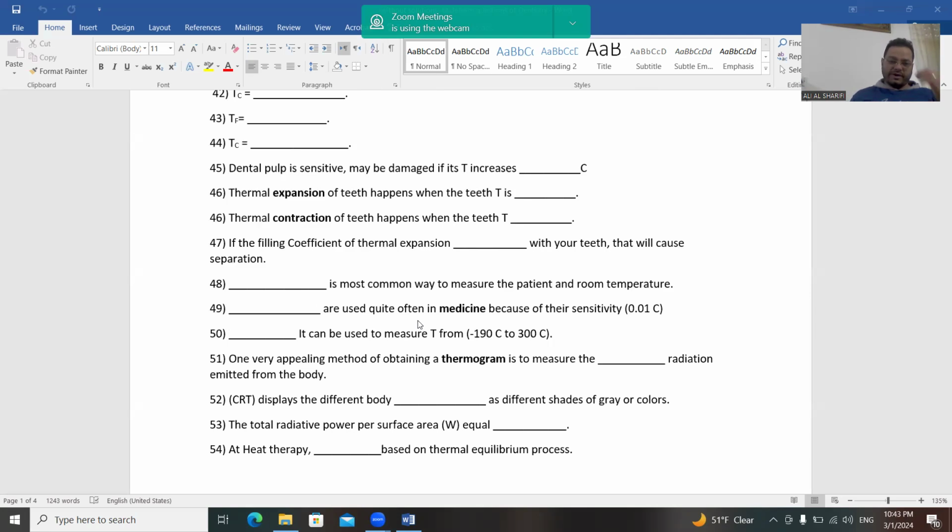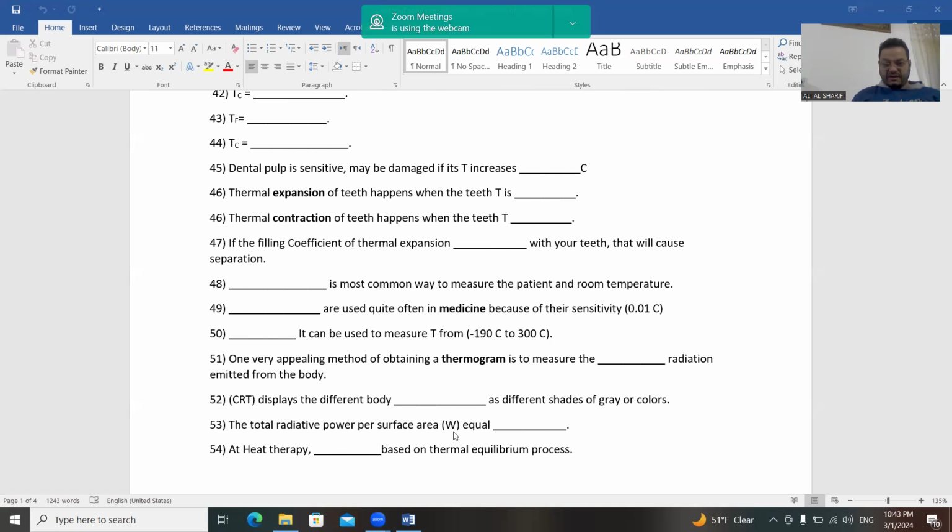Here are used quite often in medicine because of their sensitivity. It's another tool of temperature management. The last one can be used to measure from minus 190 to 300 Celsius. One very applying method of obtaining a thermogram is to measure something. Cathode ray tube displays the different body, the total radiation power